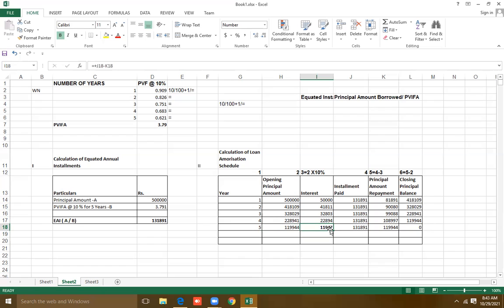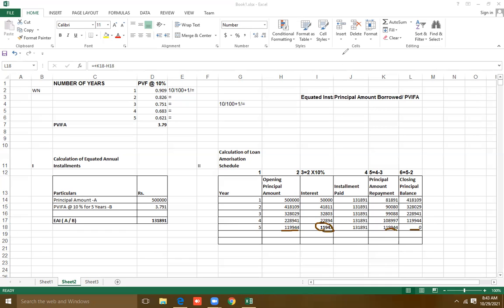This step you have to do only for the last year. Why? Because for making this 0. Mathematically this may not be 0, but logically it should be 0. Why? Because at the end of the fifth year, your balance should show 0, no? Because you have repaid all the amount to the bank which you have borrowed, 5 lakh rupees. So this should become 0. Clear? So for that purpose, only in the last year, we take the opening balance as repaid, make this 0, and calculate the balance as interest.